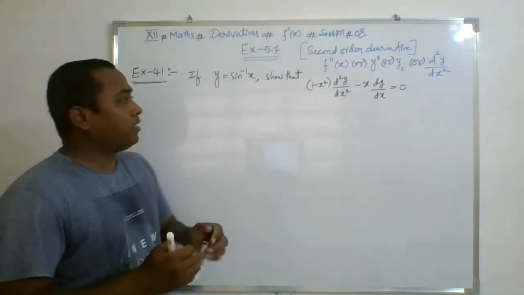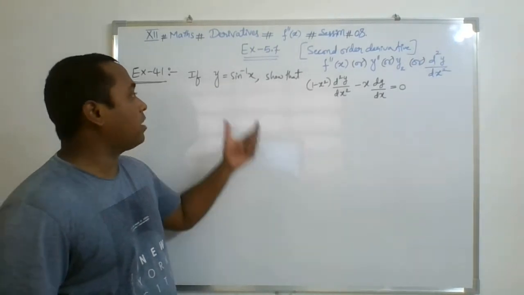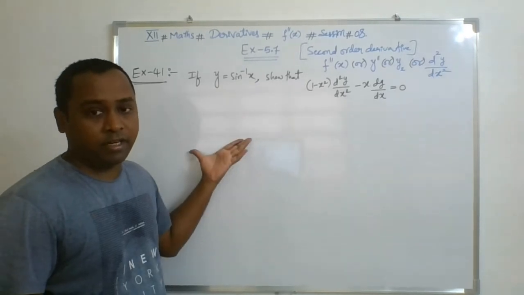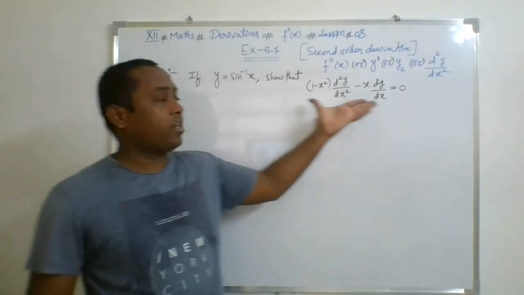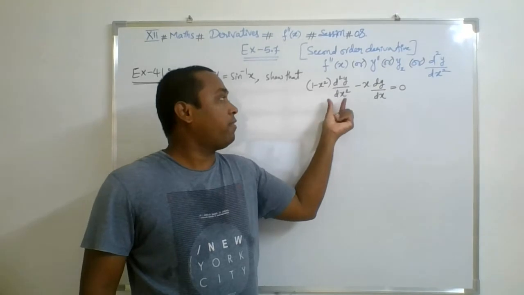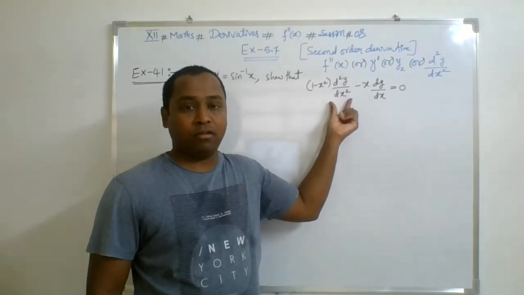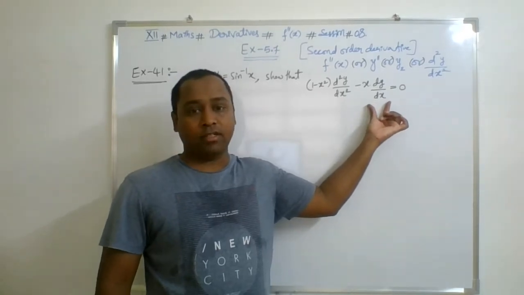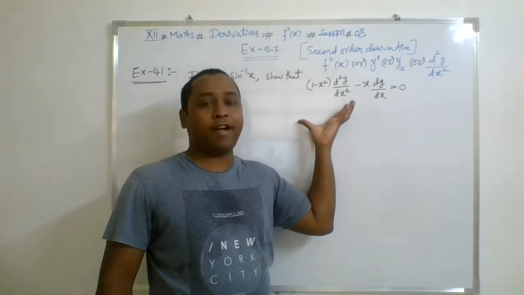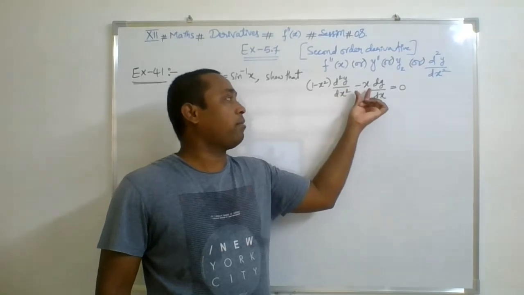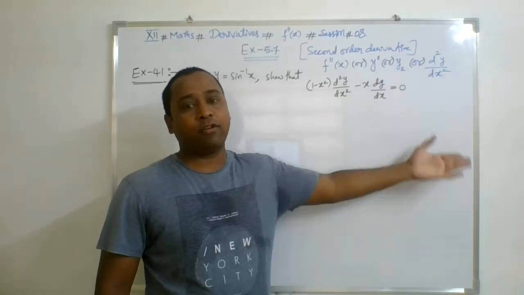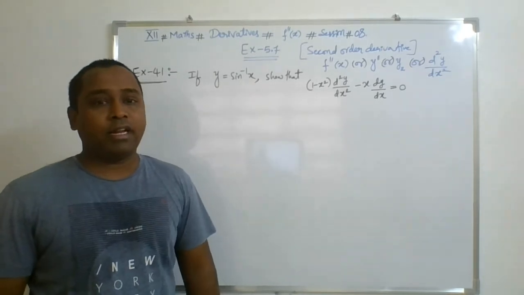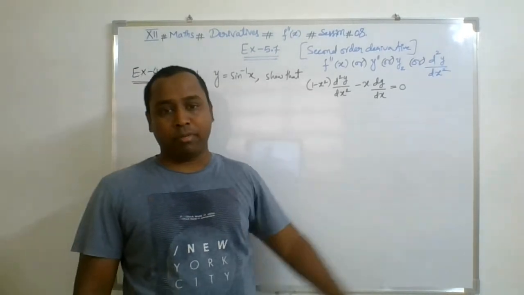So if you look at this question, this is a function where you can find the single derivative and double derivative first. Then the double derivative answer would be substituted here, and the single derivative answer here, and you multiply both with 1 minus x square and minus x respectively, and you will get the answer 0. This is the simplest way. Wherever you do not get any idea, just go for this substitution method.